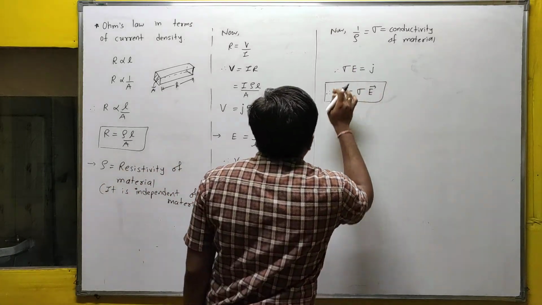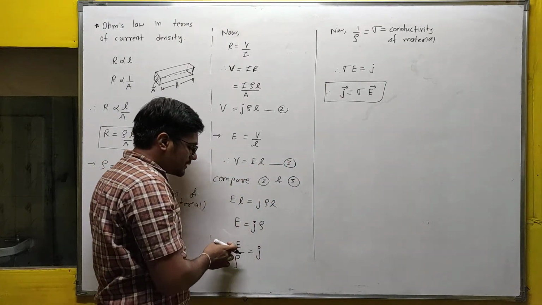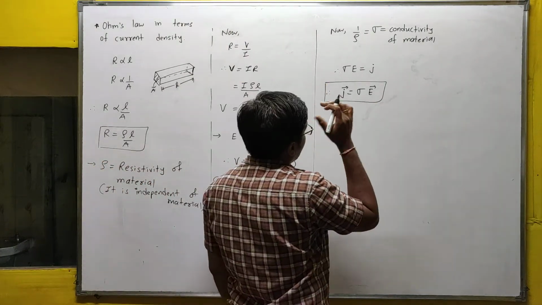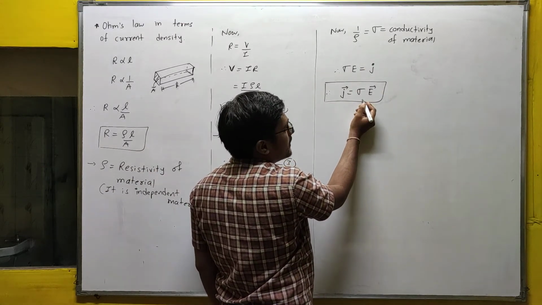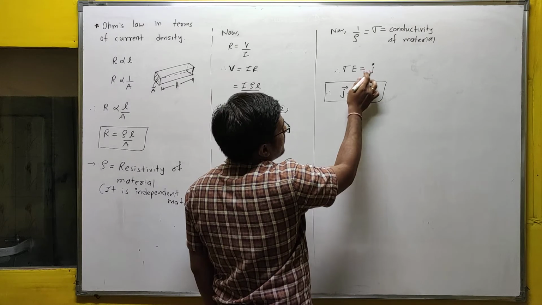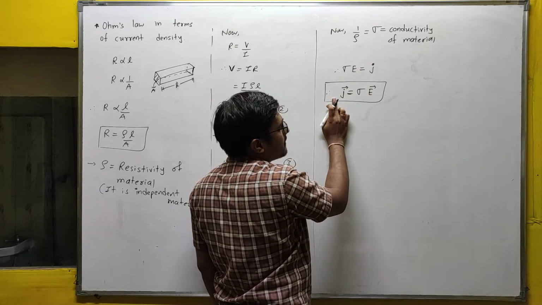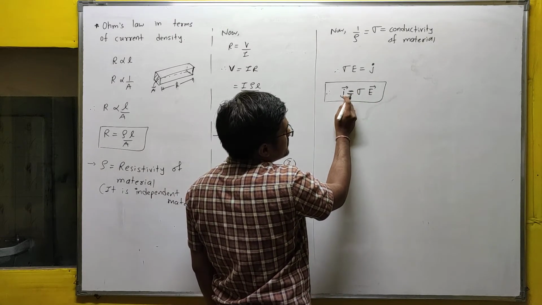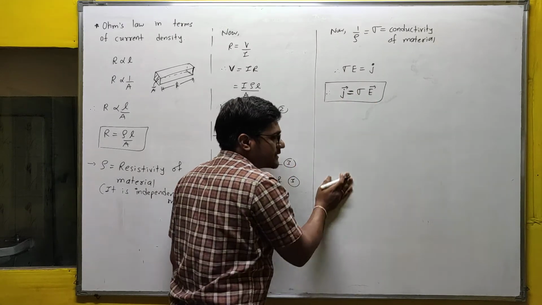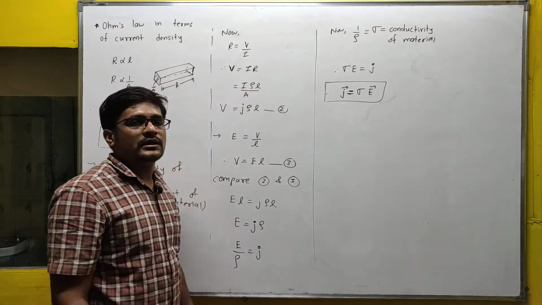So इसके ऊपर से यहाँ पर 1 by rho की जगह पर आप क्या रख सकते हो? सिग्मा. So J is equal to what? सिग्मा E. एंड वेक्टर फॉर्म में लिखो तो कैसे लिखोगे? यहाँ पर सिग्मा तो कांस्टेंट है, वो तो वेक्टर नहीं होगा, उसकी कोई डायरेक्शन नहीं है. तो यहाँ पर J वेक्टर है और E वेक्टर है. इसका मीनिंग वो दोनों की डायरेक्शन क्या होगी? सेम. J की डायरेक्शन कौन सी होगी? इलेक्ट्रिक फील्ड की डायरेक्शन में. This equality shows both directions of J and E are the same. So this is Ohm's law in terms of current density.